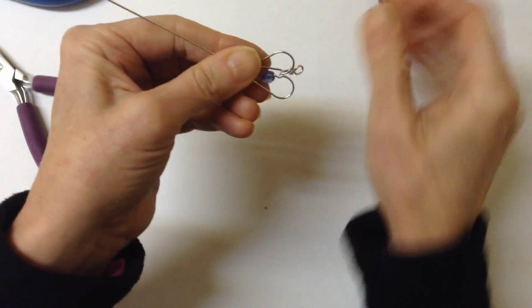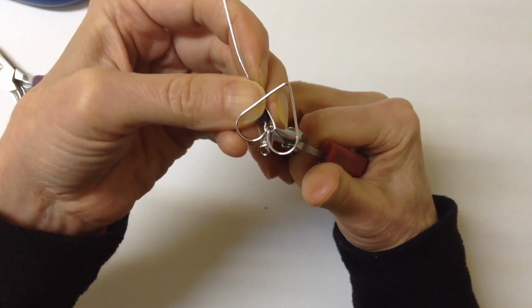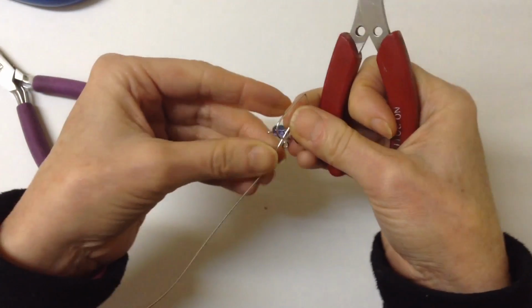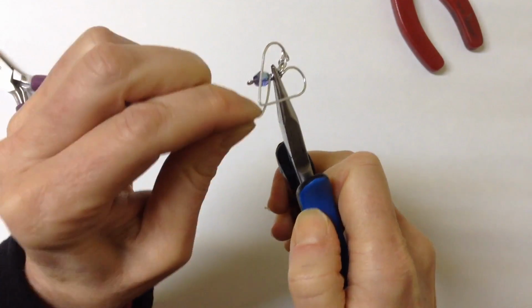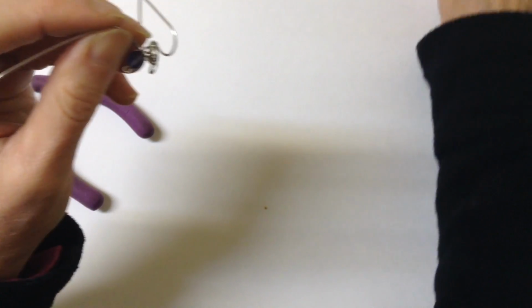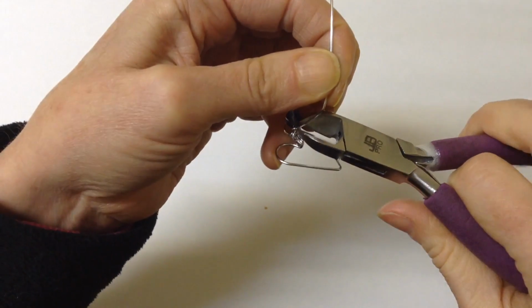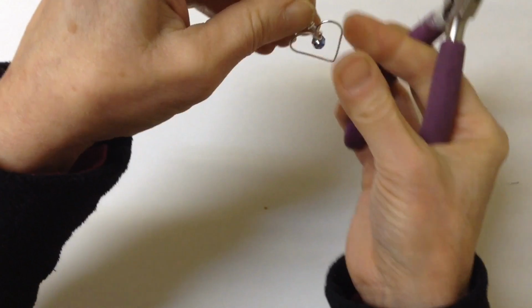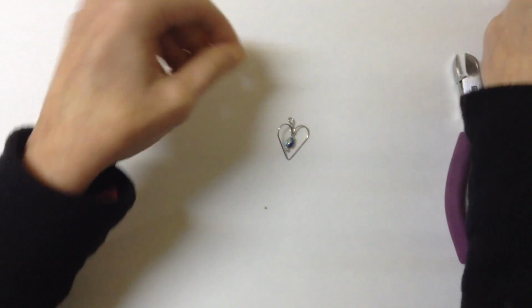And then you're going to get your round pliers and bring it in like that. Okay. And you can give it a little twist around. And then clip the end. Get in, clip the end there. Then you have your earring with the little dangly bead,